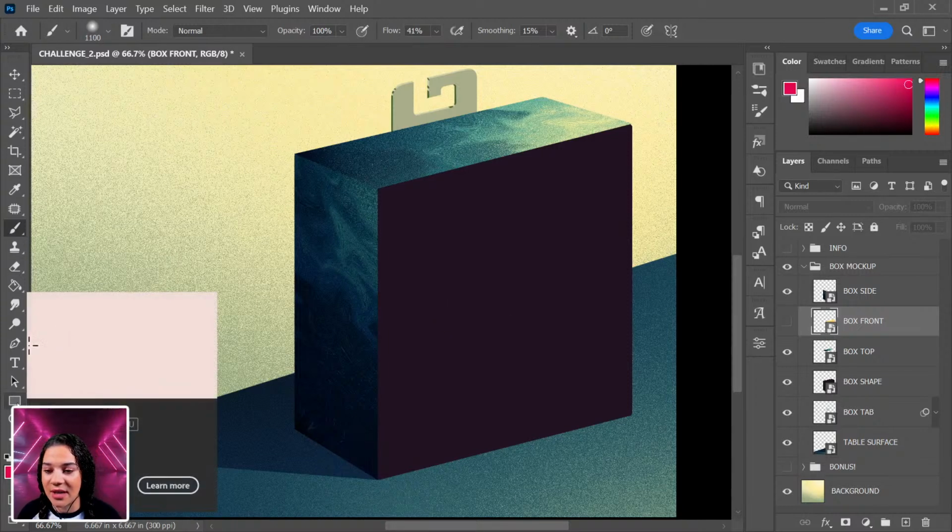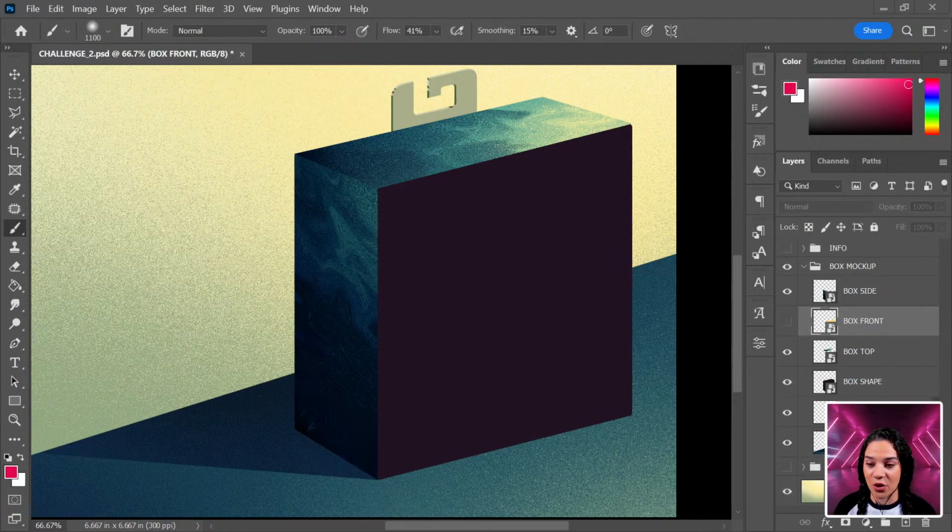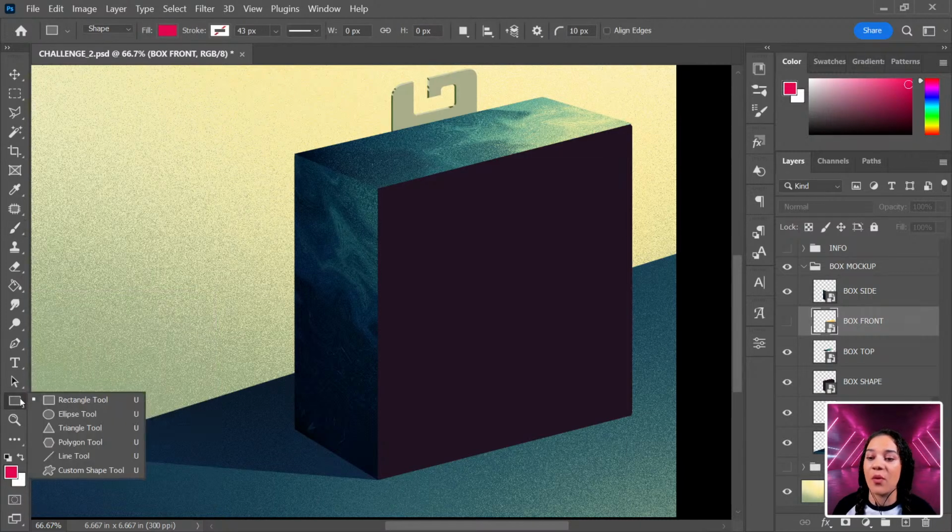So I'm going to come over here and snag our shape tool, which you can grab just by pressing U on your keyboard, and I'm going to pop myself over to the other side of the screen real quick just so you can really see this. I can grab my rectangle tool, but if I right click it, you can see I also have an ellipse tool, a triangle tool, polygon tool, line tool, custom shape tool. So I can do, as I said, any shape that I want to create a custom mockup. I can grab whatever I want. You could even use the pen tool to do some crazy wild shapes if you want,